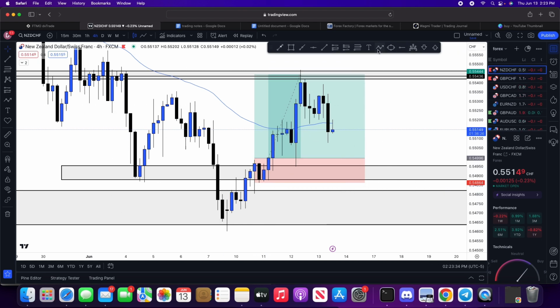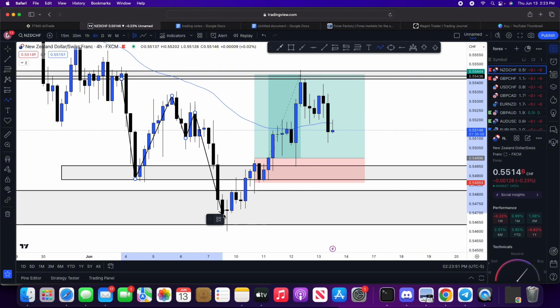So basically, right here, what do we have? We have a set of lower lows, lower highs. This is just kind of movement inside that trend right here. Until it breaks either this lower high or this lower low, I don't really care about what's happening right here.